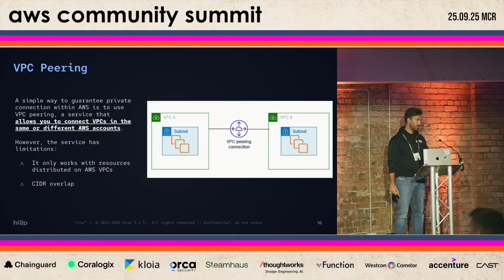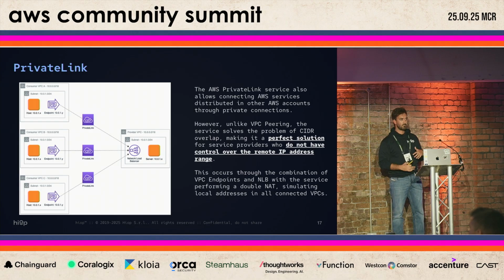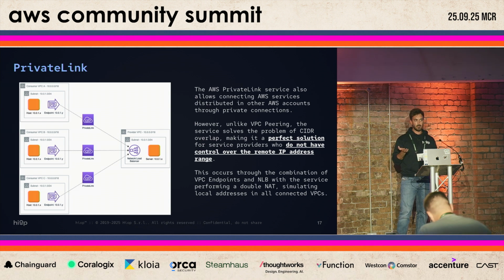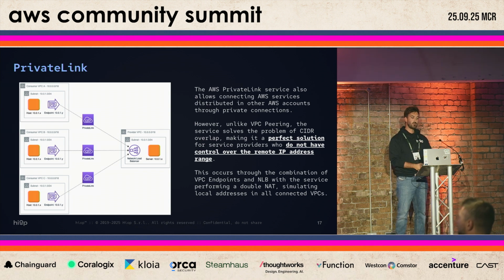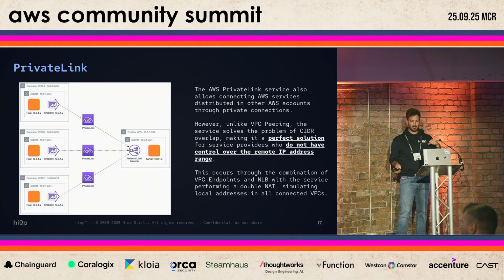So, how did AWS solve this? With another service, of course, that is more secure and also more customizable, let's say. That is PrivateLink. PrivateLink also allows private connectivity across different accounts and different VPCs, but it is very nice because it also lets you have control when there are collisions of IP addresses between the 2 VPCs. How is it doing that?